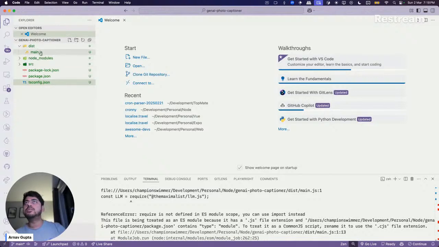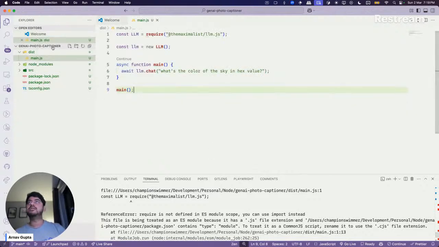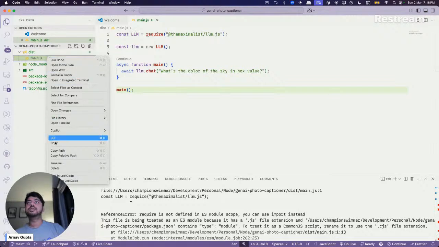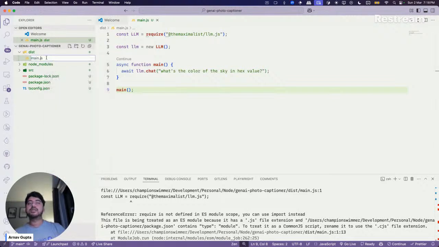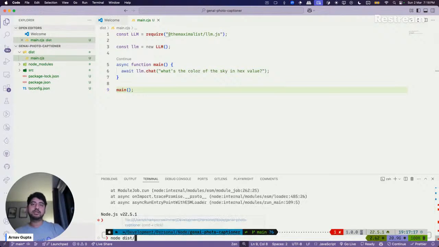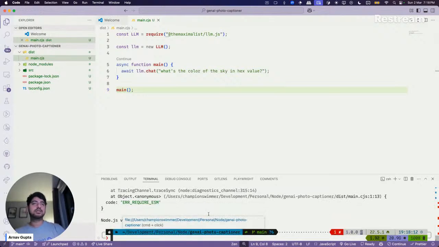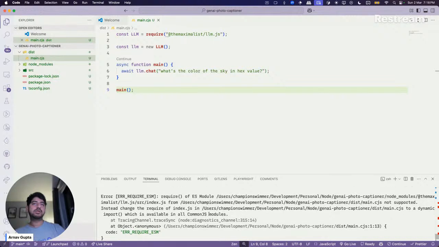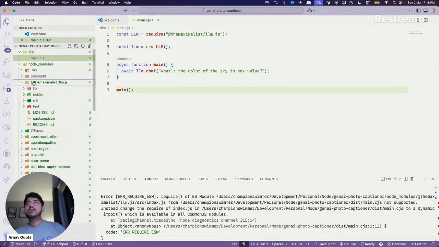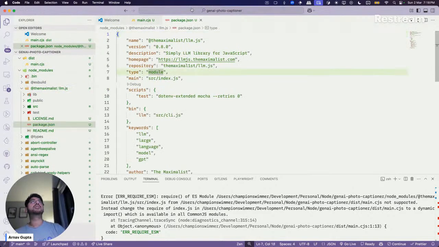Should it work like CommonJS instead? Let me try and do that. Okay.